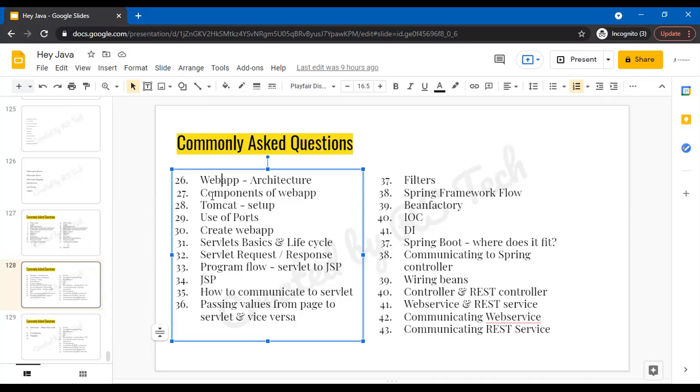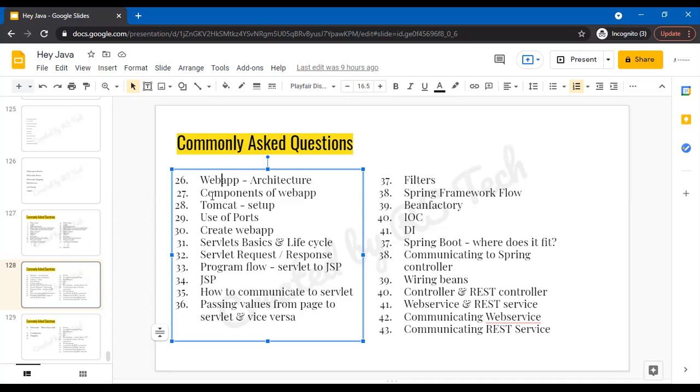So how do we communicate to a servlet? Using form action. How does JSP contact a servlet? Through form action. The other is through an AJAX call, XMLHttpRequest. These are the two ways, at least for now.